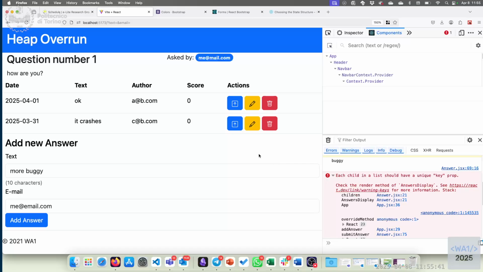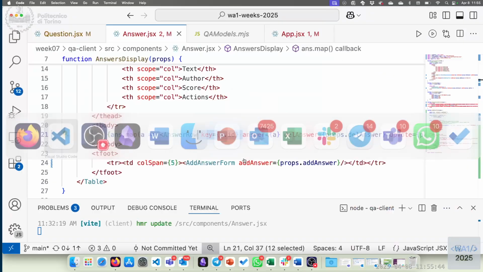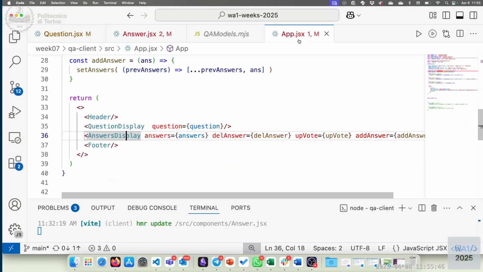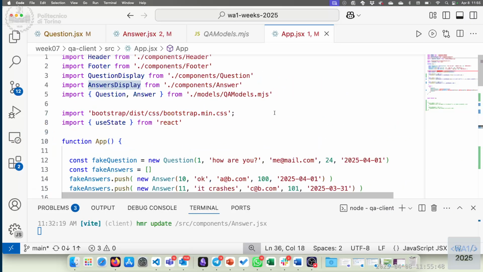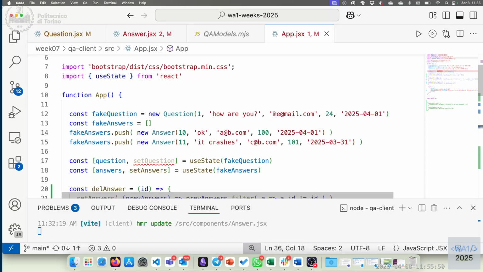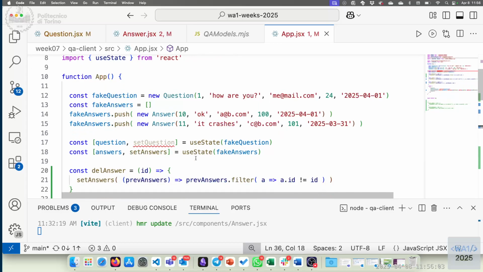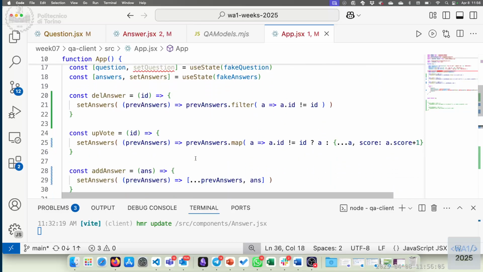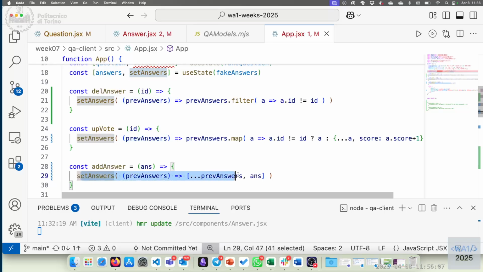So we should solve it, at least to be able to play with the application. The real solution would be that the ID is assigned by the server when it inserts the new data into the database. We don't have a server yet, so we try to create our own IDs manually when we create it. So we have this set answers,